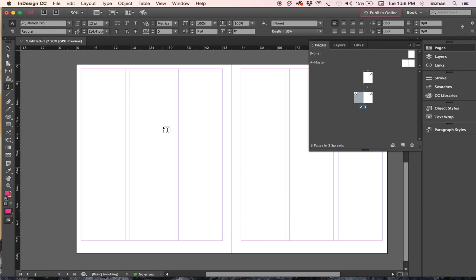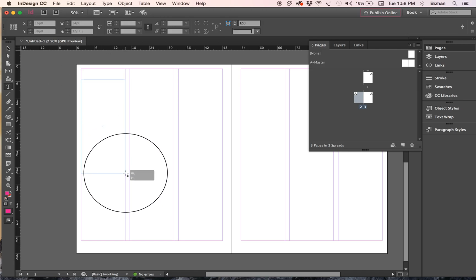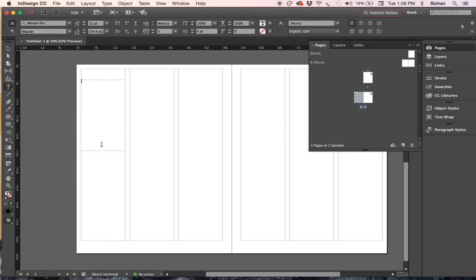It doesn't work like that, and this is one of the things that's a little bit more frustrating for me when I'm using InDesign to do something creative, because I feel like it's not as expressive. You can't just click and then type something and rotate it. You have to always draw a text box by clicking and dragging. And so now this is a text box, and as you type in the text box,